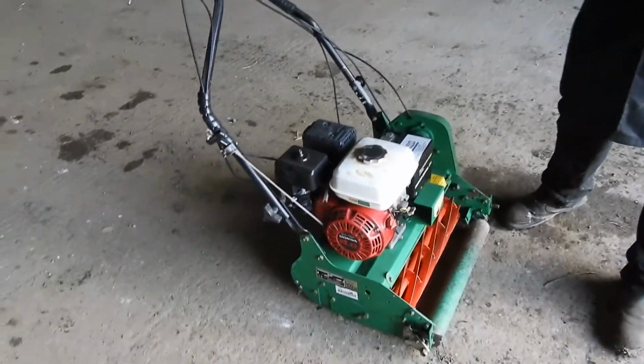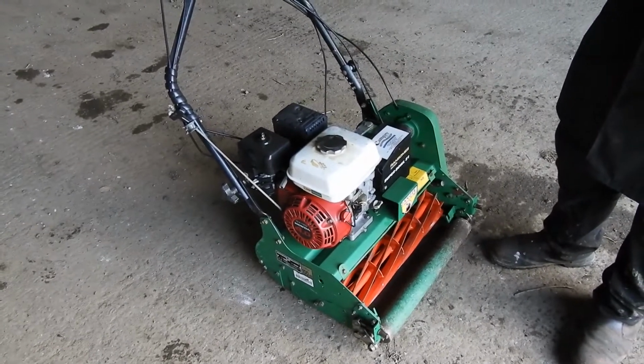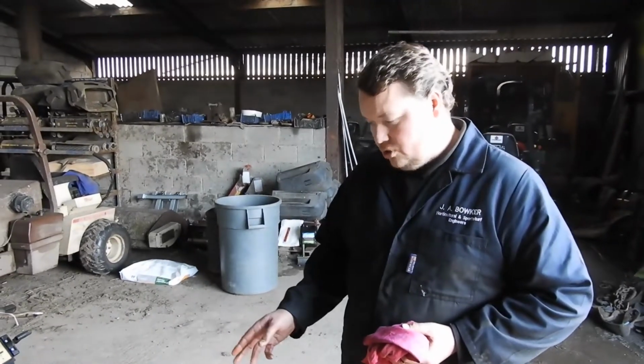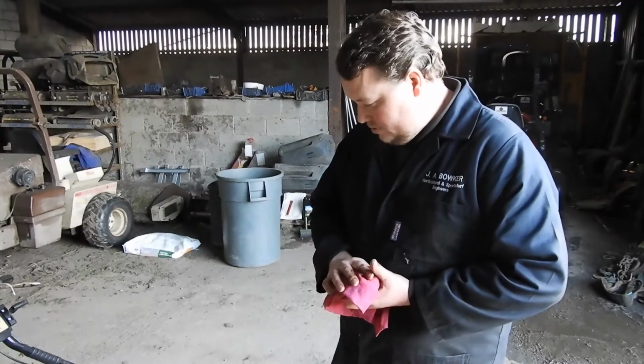A lot of machines have got Honda engines on like this. But again, the points I'm going to show you on this machine, if you're unsure where any of the points are, just go to your manual and they'll tell you where all these bits are. Right, so firstly,